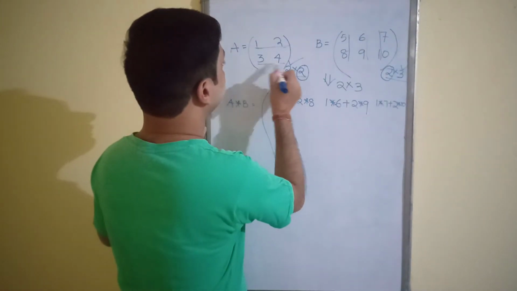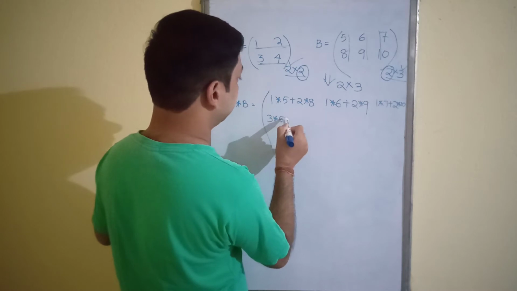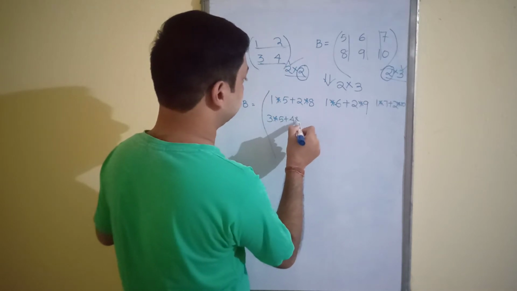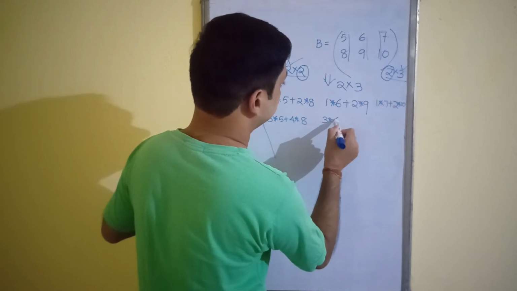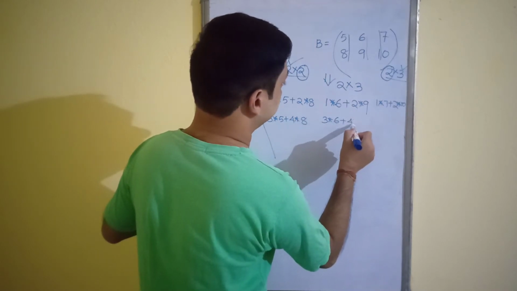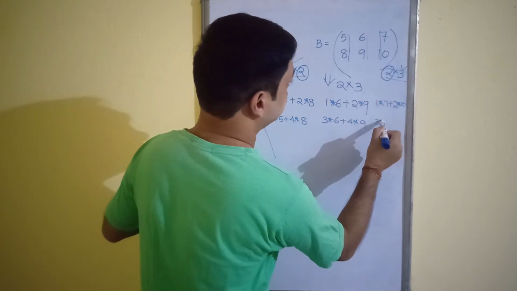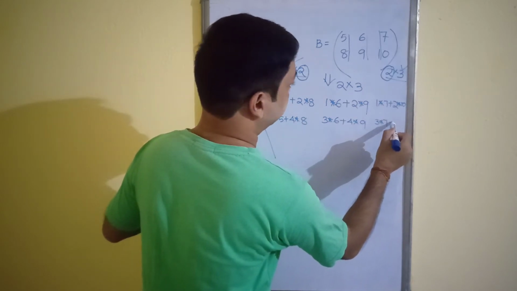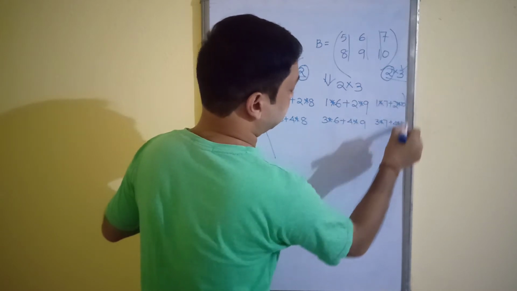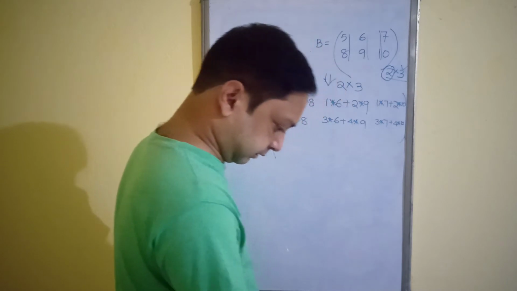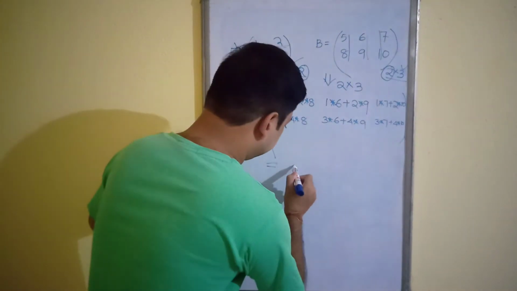Similarly, now for the second row. That is 3 into 5 plus 4 into 8. Next one is 3 into 6 plus 4 into 9. Next one is 3 into 7 plus 4 into 10. So what we will get here, that is 21,